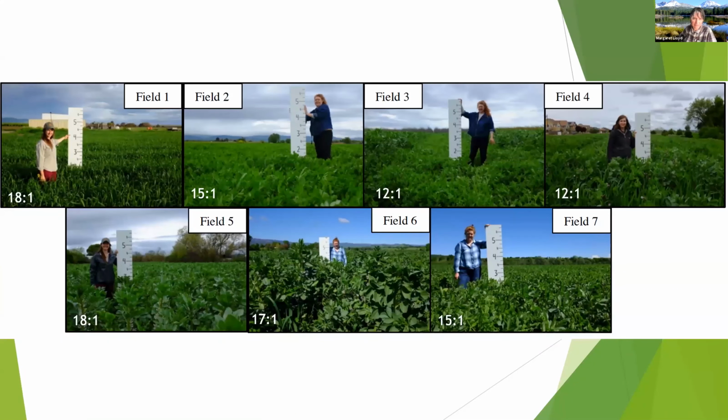So here are some figures of cover crops and their carbon to nitrogen ratio. In this first field, this is a wheat crop. The second field is a vetch crop and a veg crop. This fourth field is a mix, and we have a few mixes here: mix field 4, 5, and 6, and 7. And just to give you a sense of the range, here we have a range of 12:1 to 18:1 of the cover crop carbon-to-nitrogen ratio.